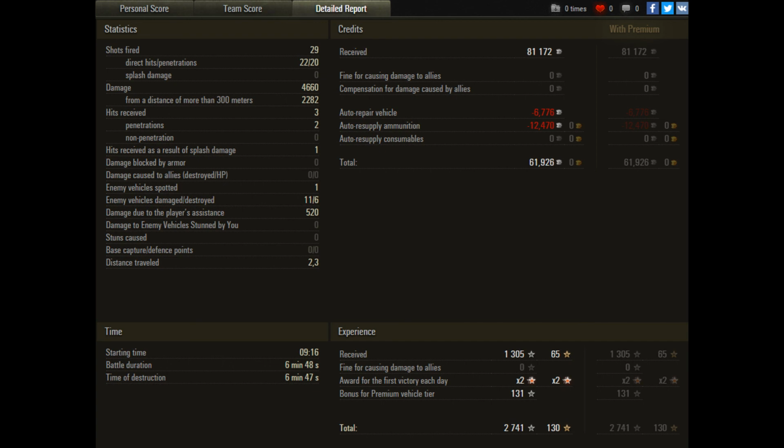So 29 shots fired, 22 hit. We saw a few snapshots there. 20 of those that hit penetrated, that gets his damage. He did 520 assisted, which gave him a total of over 5,000 combined. So a standard account made a profit of 61,000, nearly 62,000. Excellent result there, Rimac. So well